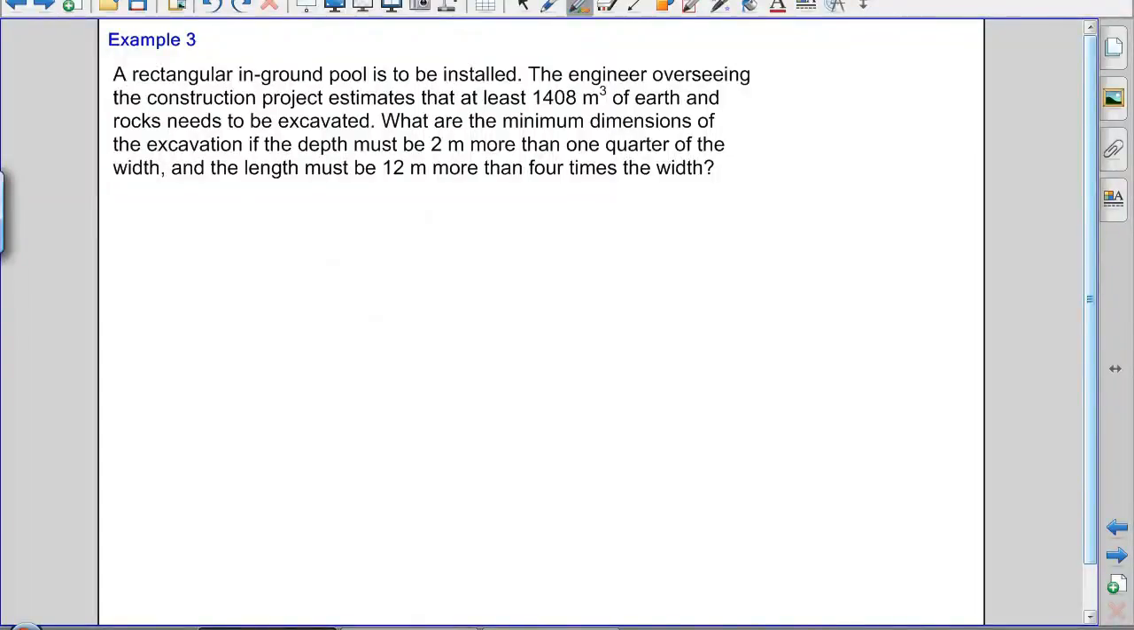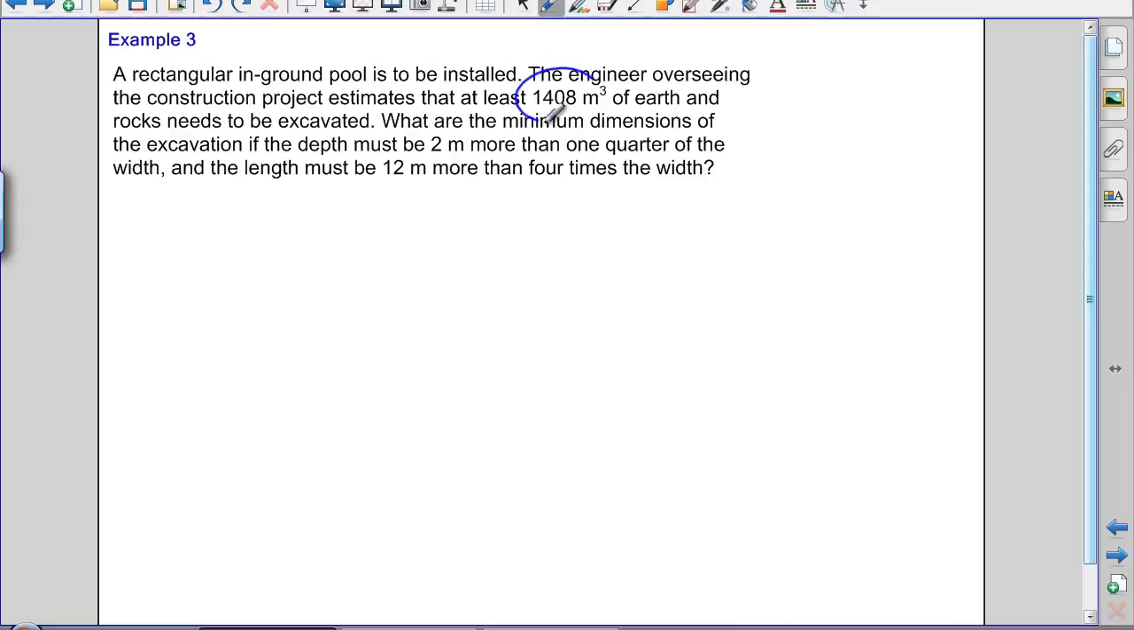The final question is the question that we started with, and it is approached the same way that we worked through the other two. The difference is it's in word problem format. So as a strategy, our strategy is to get it out of word problem format. The situation is this: we are needing to install an in-ground pool, and we need to get rid of some